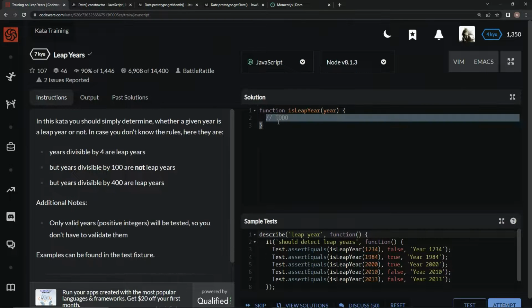All right, so we could come over here and say return, and say if year remainder operator 4 equals 0, and year remainder operator 100 does not equal 0, return true. And then, or if it's divisible by 400, so we could wrap this up in parentheses right here